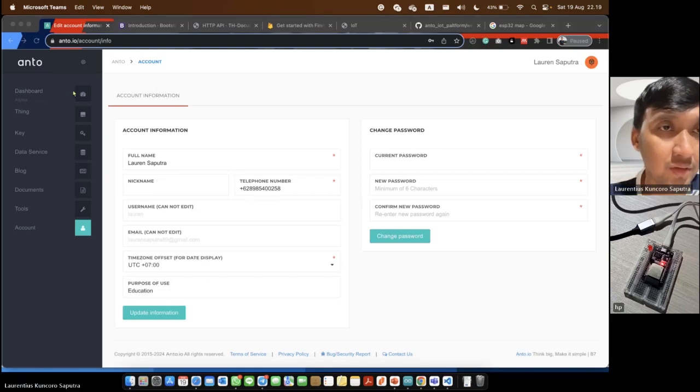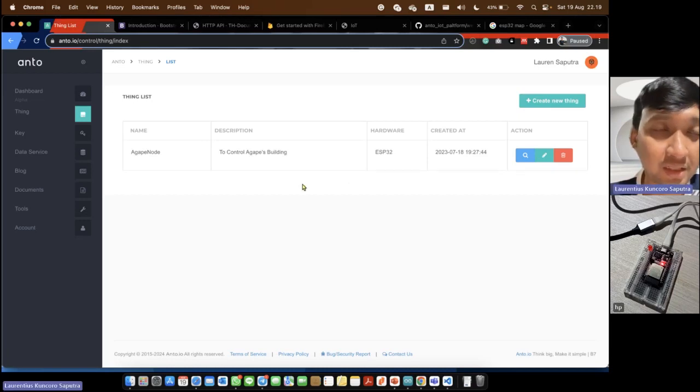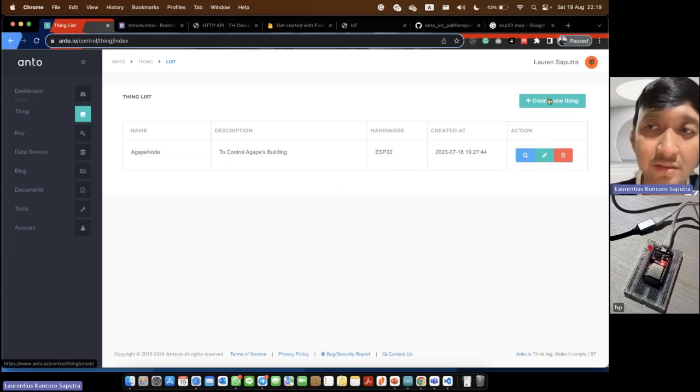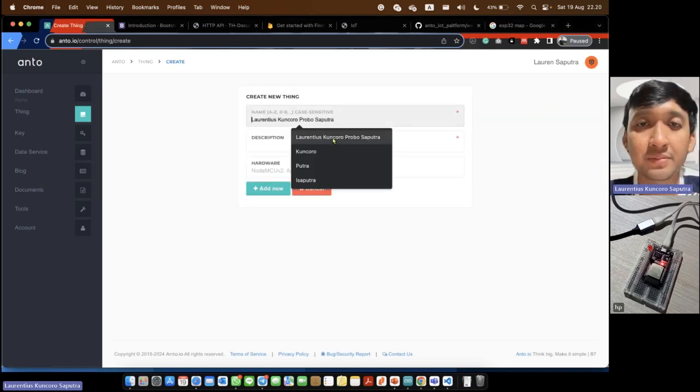So we will configure the things first. You can make or register your things here with create new things. Click the create new things button, and then we can write the name.